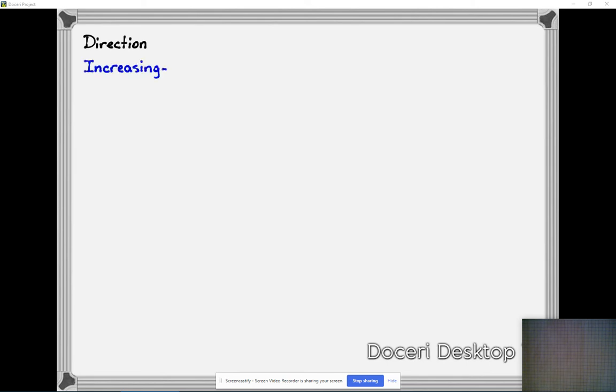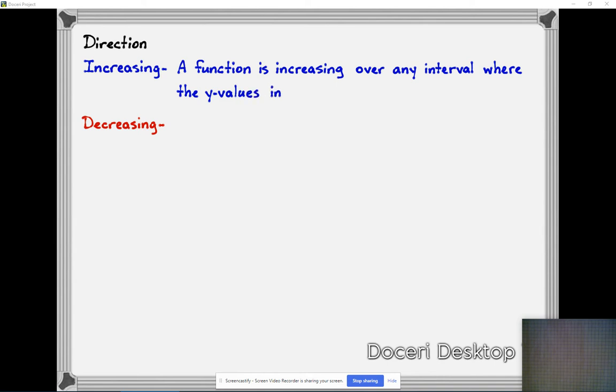So we would use these words. We would say increasing or decreasing. So when I say increasing, I mean up. When I say decreasing, I mean down, okay? So increasing, the actual definition is a function is increasing over any interval where the y value increases as the x value increases. In other words, let me go ahead and